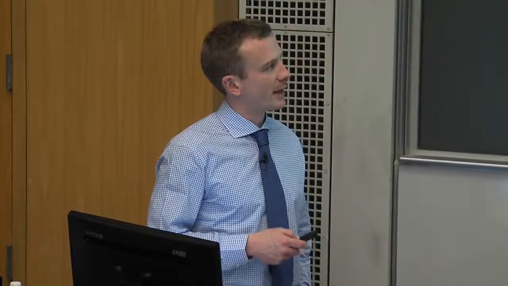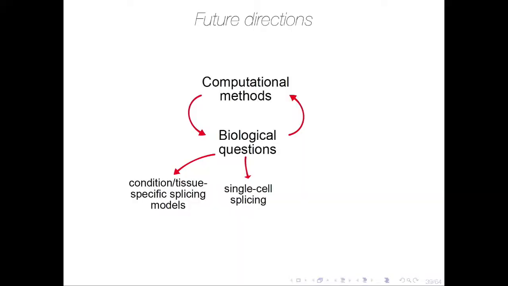There are starting to be data sets where it's possible to look at splicing variation at the single cell level. And this is something that comes with significant technical challenges, both in terms of modeling the noise distribution, as well as thinking about how to look at differences across multiple samples, for example, between case and control.